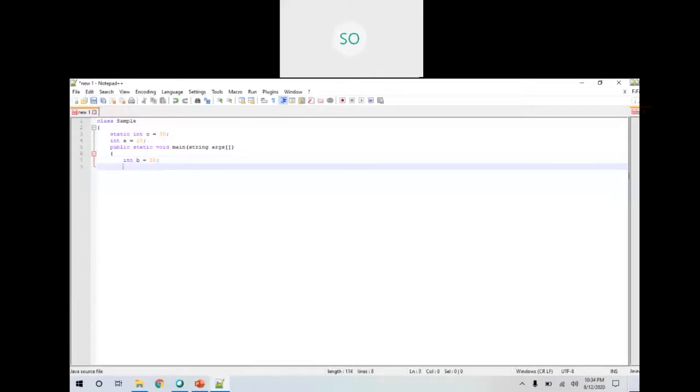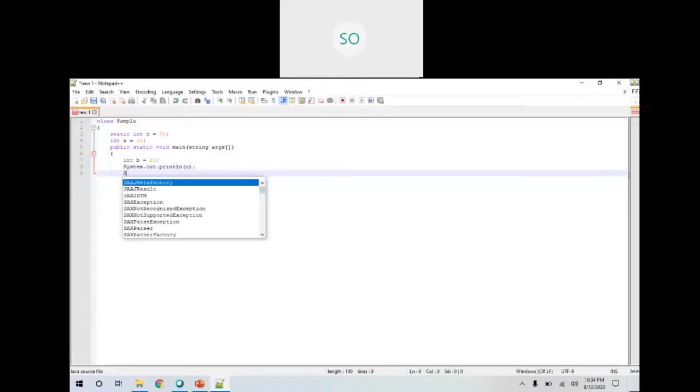Then I want to print the values of all these variables, so I have the System.out.println command. So one by one let's print the values of all variables. Here S should be capital because System is the class, out is the object and println is the method. Similarly, I want to print the value of b as well. System.out.println b.